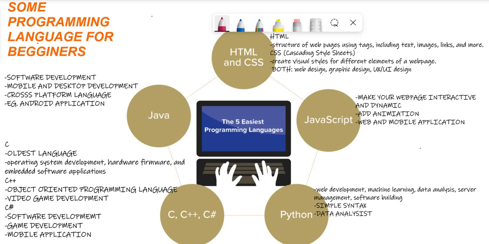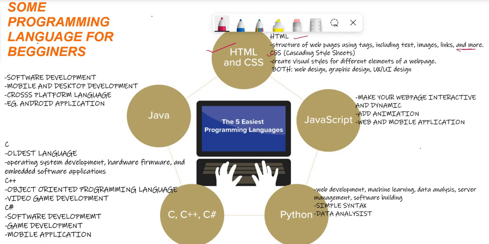If you are a beginner and you want to learn a programming language, there are 5 easiest programming languages that you should start with. The first one is HTML and CSS. HTML stands for hypertext markup language and CSS stands for cascading style sheets. HTML is used to build web pages using tags including text, images, links and many more. Whatever web page you are seeing on the internet, the front end is made using HTML